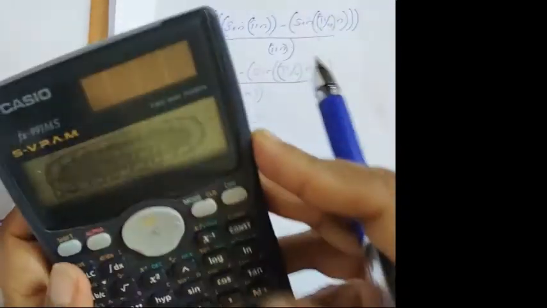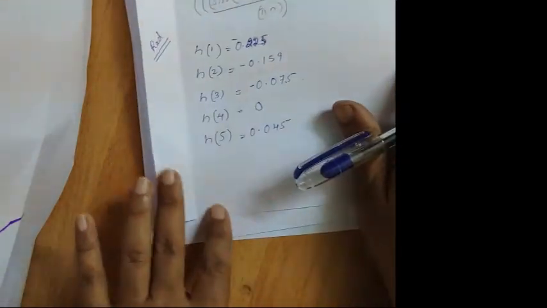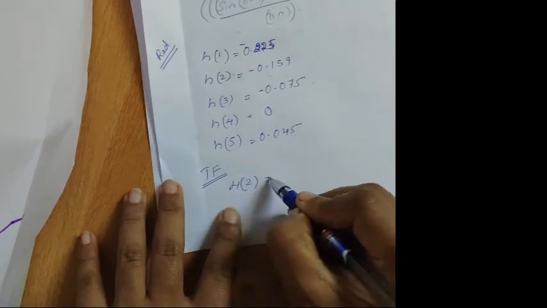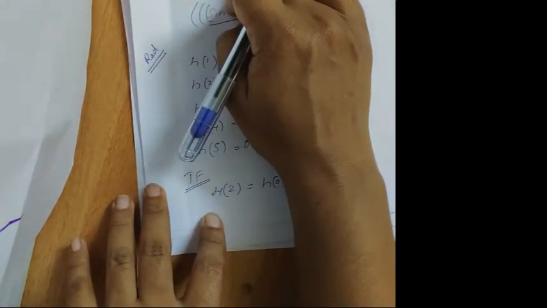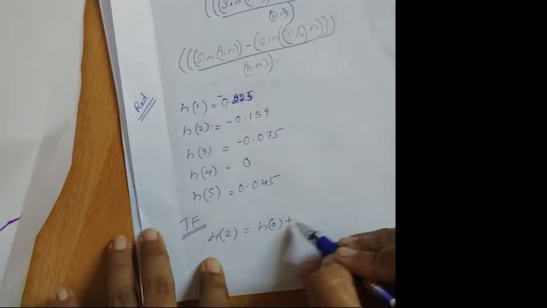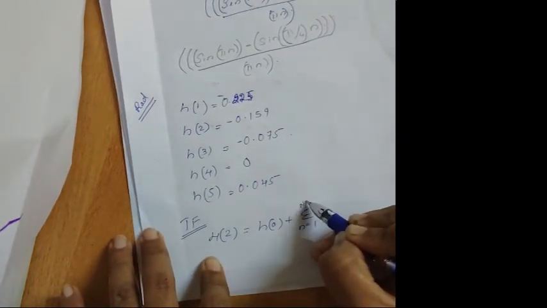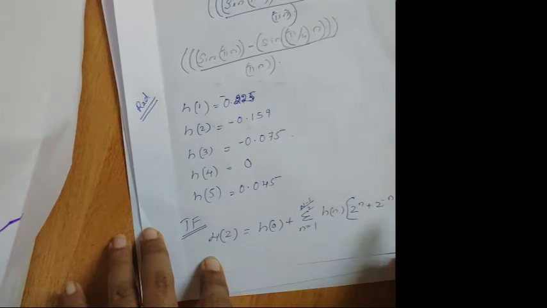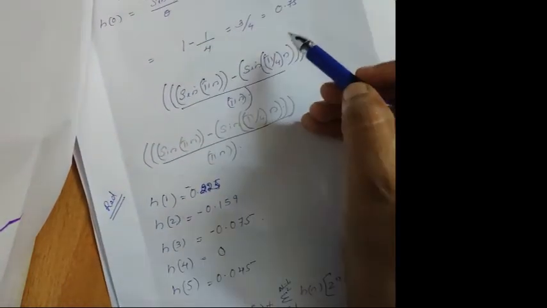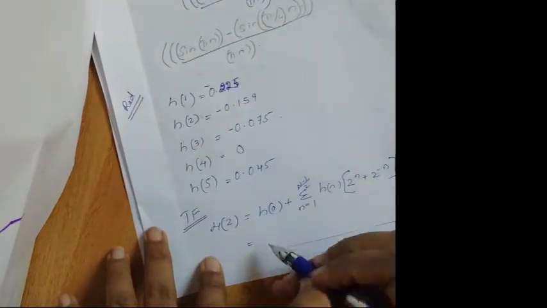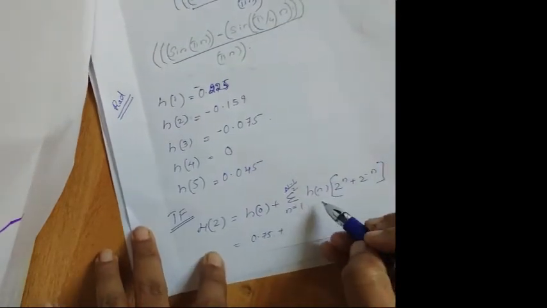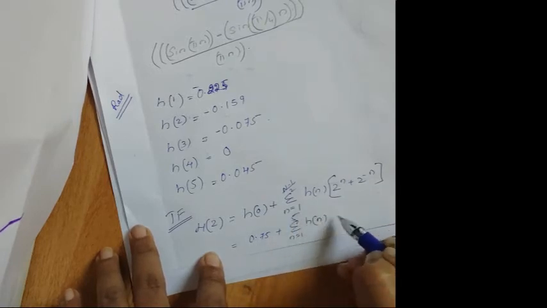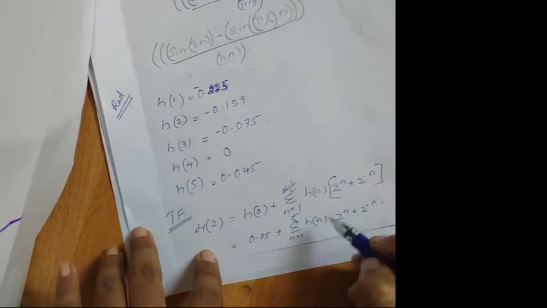Now, you have no need of the calculator. This is over. Just the simple steps are there. You have to find the transfer function. You know the equation: h of z is equal to h of 0, because you're finding h of 0 in a different manner, plus summation n is equal to 1 to n minus 1 by 2 of h of n times z raised to n plus z raised to minus n. Just need to multiply. So h of 0 you got the value as 0.75, so 0.75 plus summation n is equal to 1 to 5 of h of n times z raised to n plus z raised to minus n.